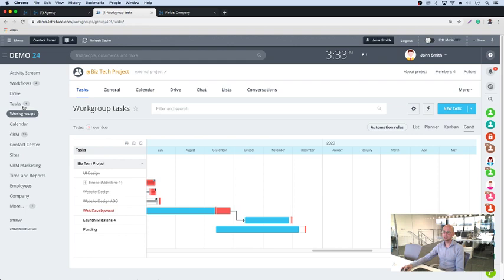So essentially, they get access to any of the tools that exist inside a workgroup. They have to belong to a workgroup in order to be able to log in. If they're not in a workgroup, when they log in it will give a warning message to say that they don't have access to this area of the site. So they have to be in a workgroup. You would create a workgroup quite often if you invite clients. So you might create a workgroup for either the project you're inviting them into, or you might create a workgroup for them as a client, so they can access their workgroup,